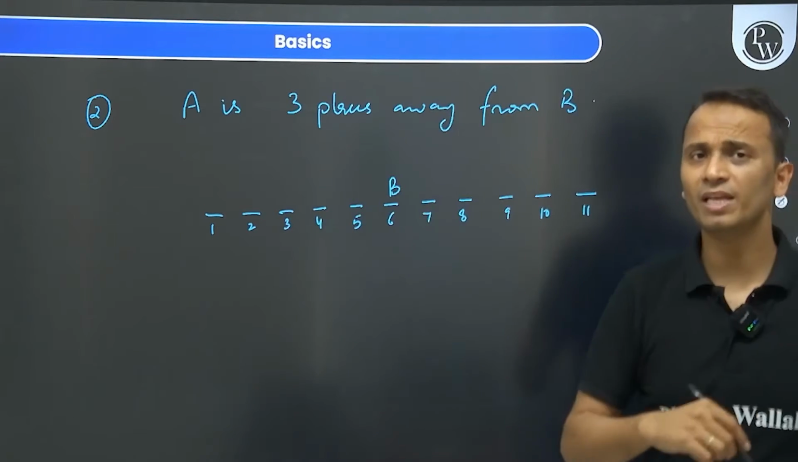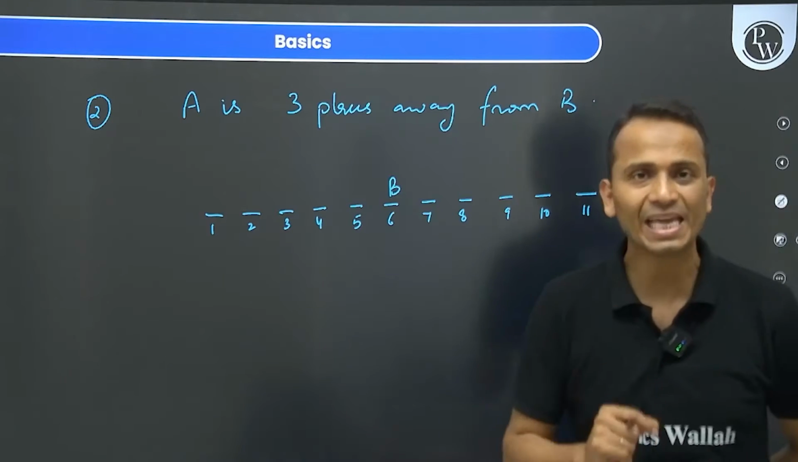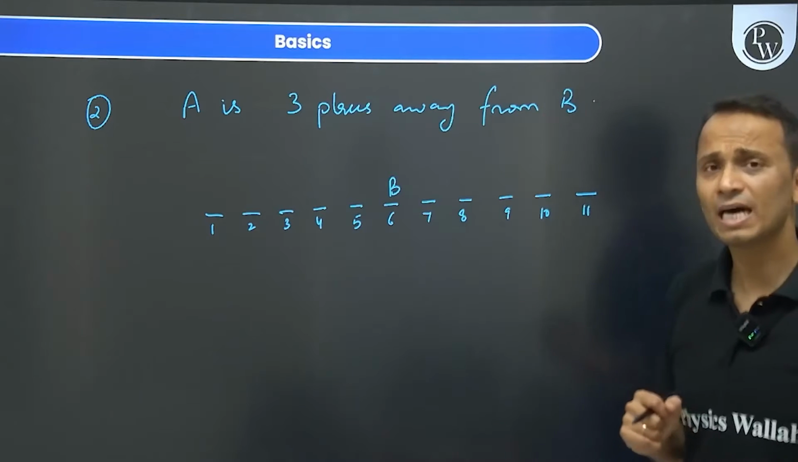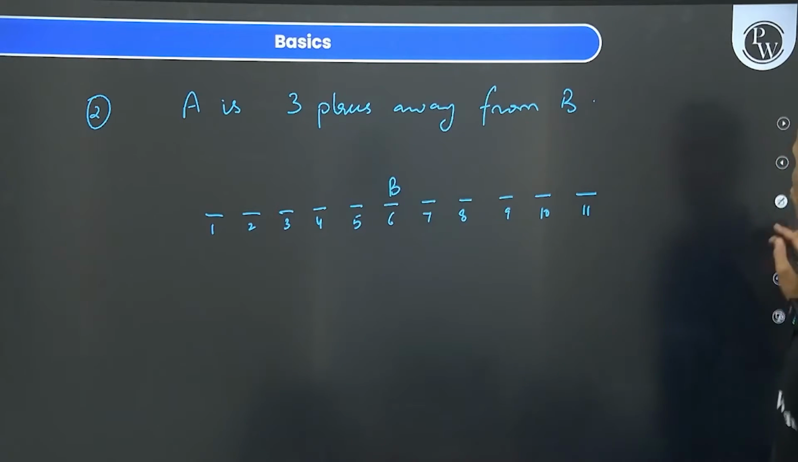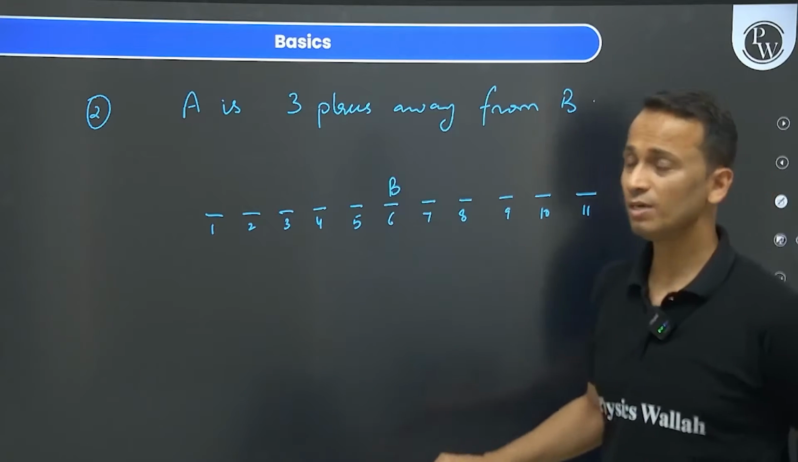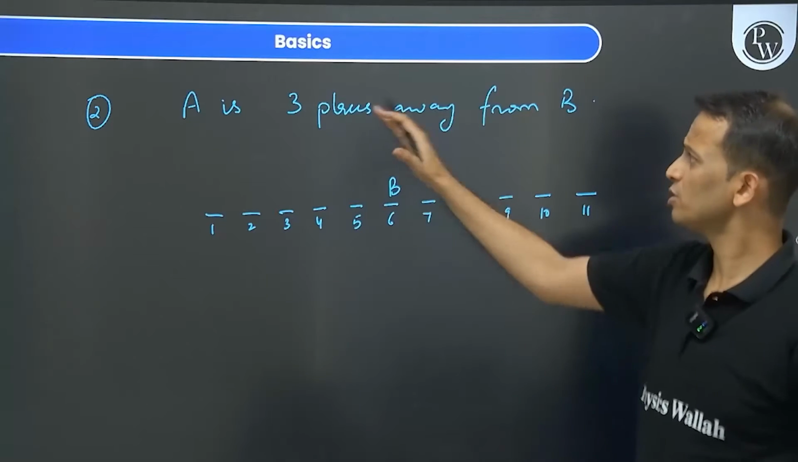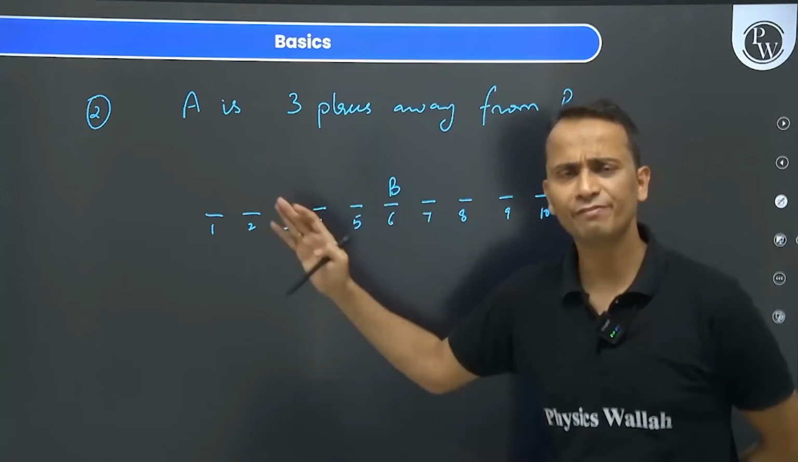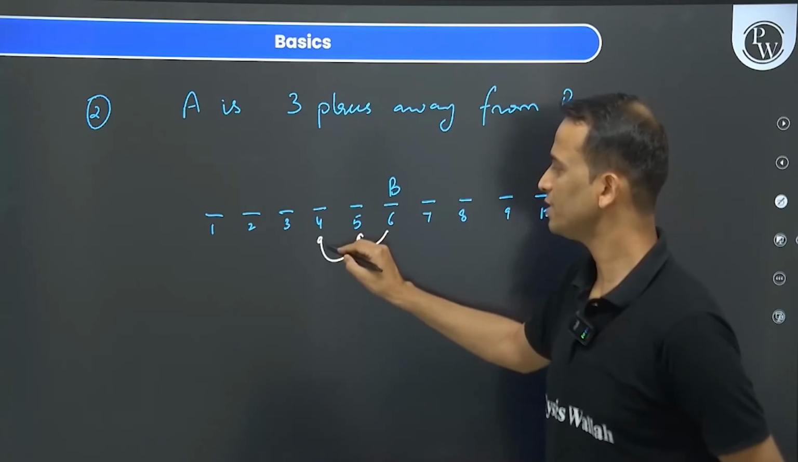So now all of you tell me what will be the number of the chair where A is sitting. A कहां पे बैठा हुआ है? So A कहां पे बैठ सकता है? A is 3 places away from B. So 3 places away का मतलब क्या होगा? It can be on the left hand side or right hand side because left right mention नहीं किया हुआ. So 3 places away, अगर मैं left की तरफ जाता हूं, so 1 place away, 2 places away,